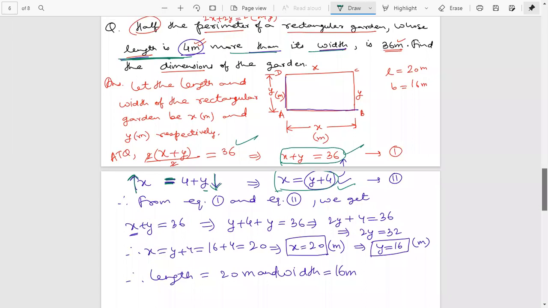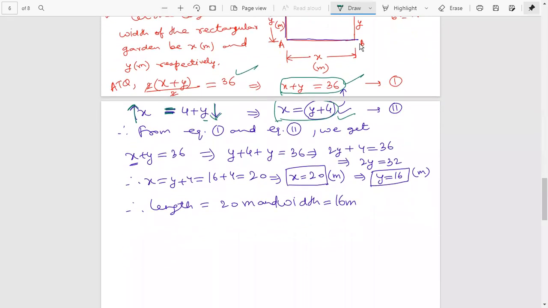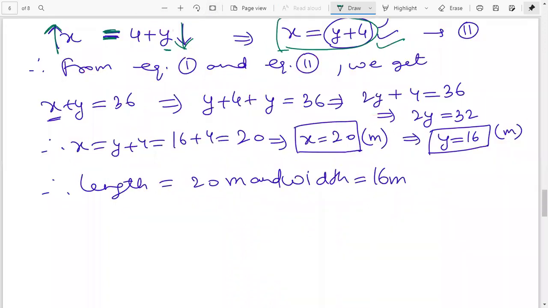One last question we'll see, and then we'll end the session. Last 5 minutes. You can take a snapshot of this answer. Try to solve by yourself. In Google Classroom, I will upload this PDF also. For every class, I am uploading the classwork on Google Classroom. So try to solve by yourself, and these methods will be a backup for you. These solutions you can say. Last question for today.